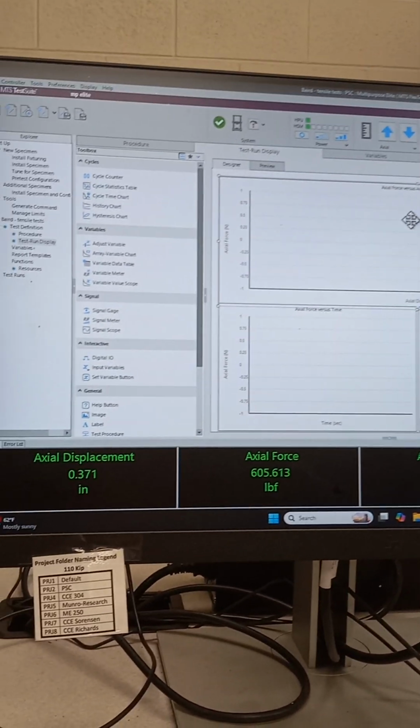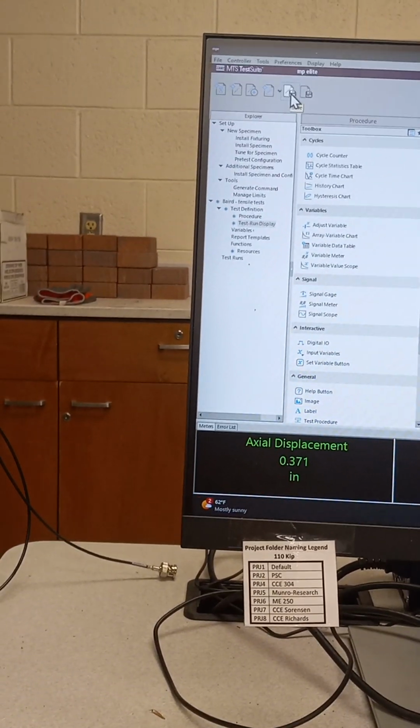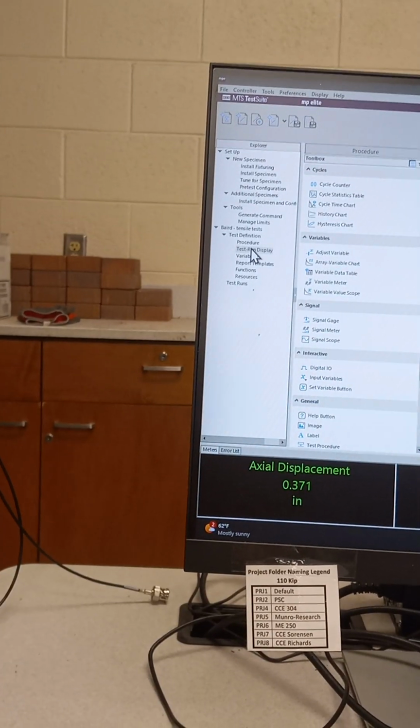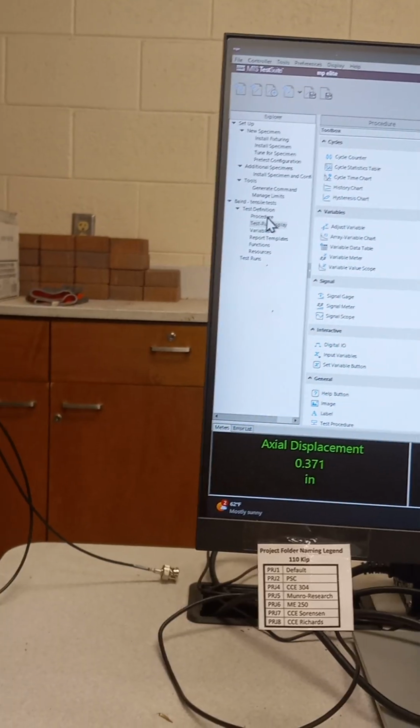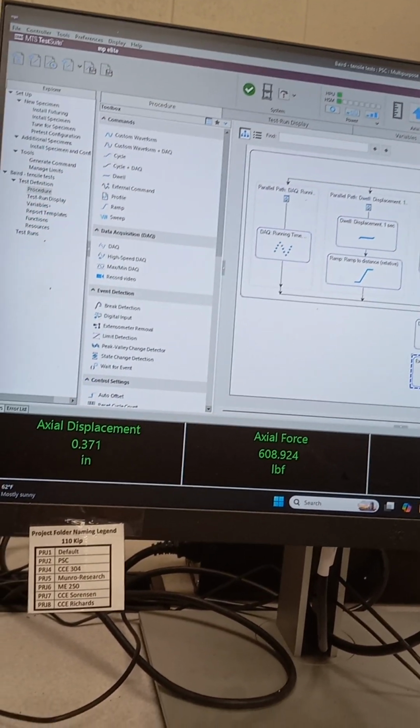So, anything else you want in your user interface besides that? I don't think so. Okay, so we've got our procedure set, we've got our time test run display set. Let me show you what I was having problems with on this. Yeah, because you were trying to add the XML